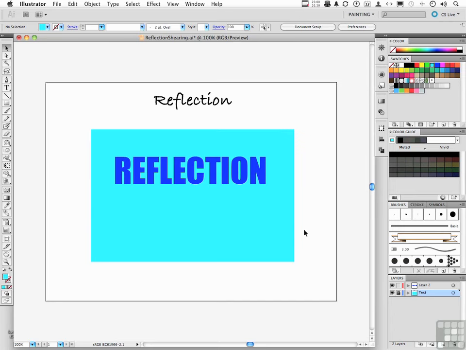Let's have a little bit of fun here. We're going to make a reflection for the word reflection. We're going to use the reflect tool. We're going to give a little bit of a nudge, if you will, with the shearing tool, add a gradient, a little Gaussian blur, and use something called opacity on gradients, which is awesome to kind of put the whole thing together. First thing we have to do, obviously, is make a copy of the word reflection and flip it